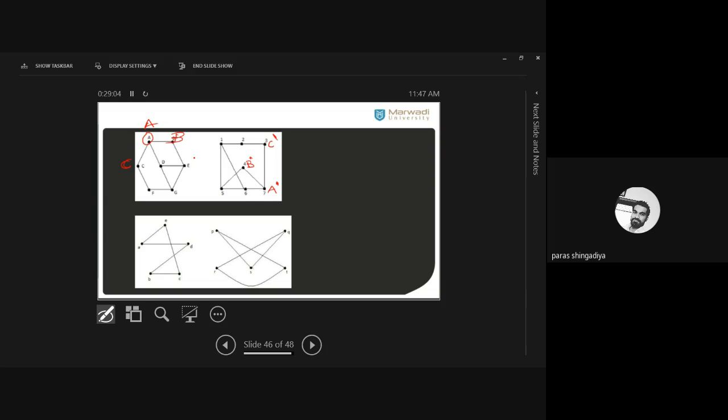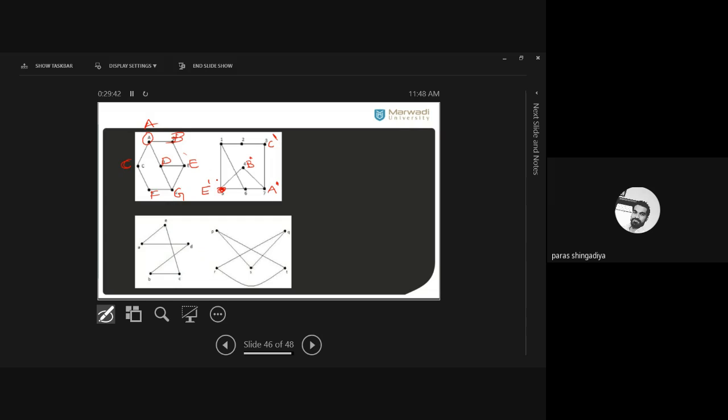Now the next step. Let us put all the notation here: A, B, C, D, E, F, and G. So B is adjacent with E. So B dash is adjacent with this vertex. So clearly it is the place for E dash. Clear? Only one other vertex is adjacent with B. A is already fixed, and after that, one more vertex from B. So this place will be E dash. Clear?